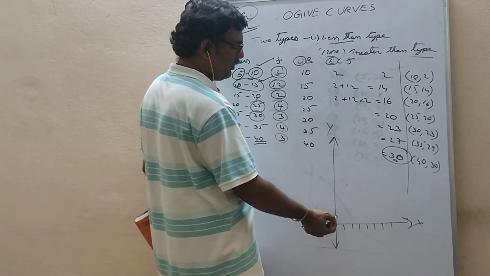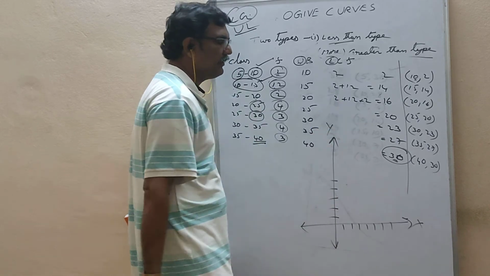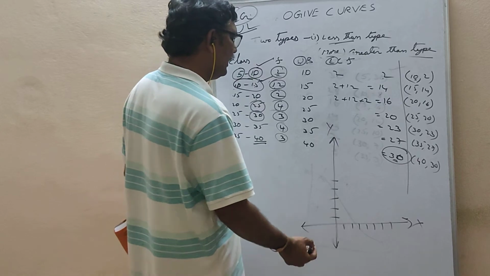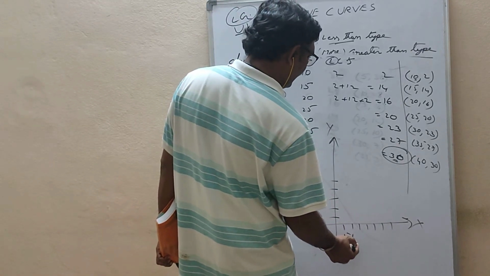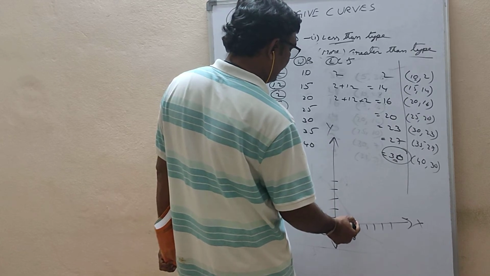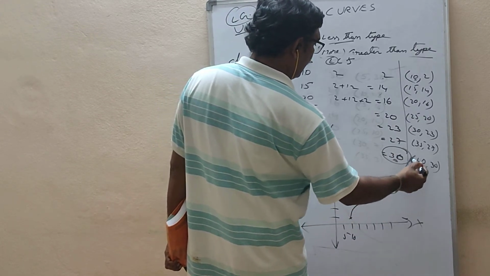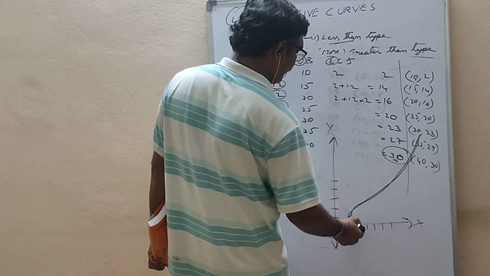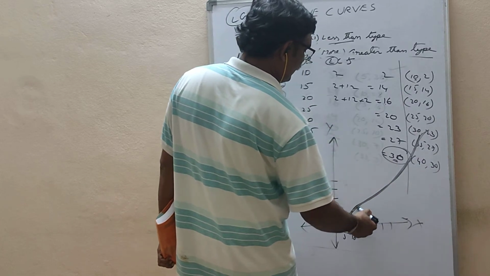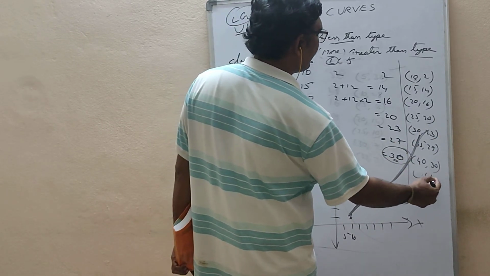You can write 2, 4, 6, 8, 10 like that. 15 lines are there, so 30 will come. Now 10 comma 0, 5, 10. 10 comma 2 means somewhere here it will be. And this graph will go like this. So by this, what you can say, it is called LCF.